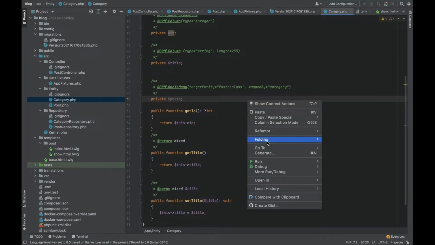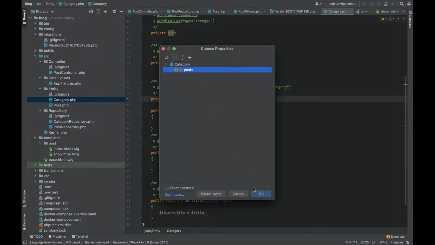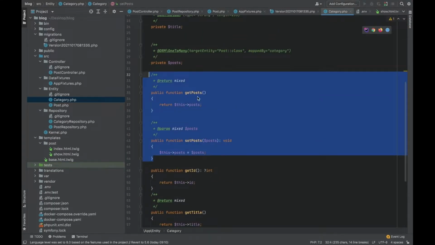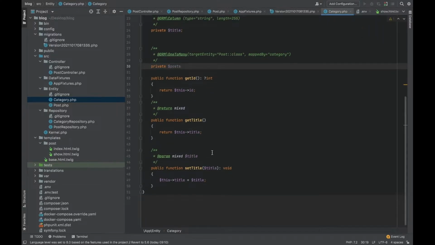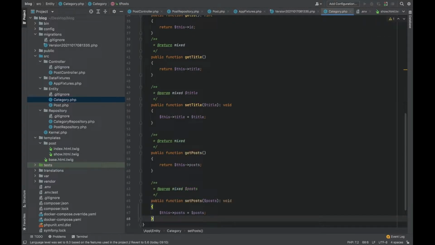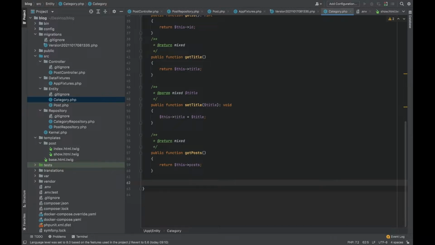I will generate get posts and set posts. The set posts, I will replace it with add post that allows to add one post related to a category,